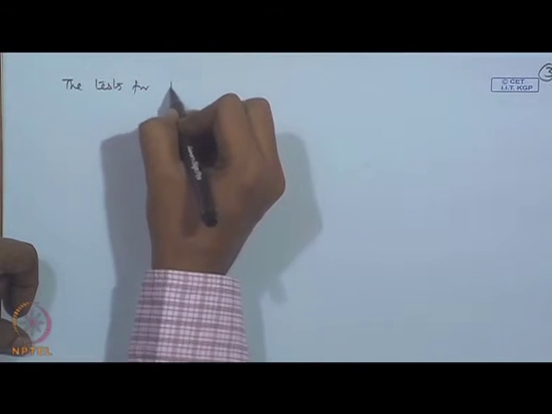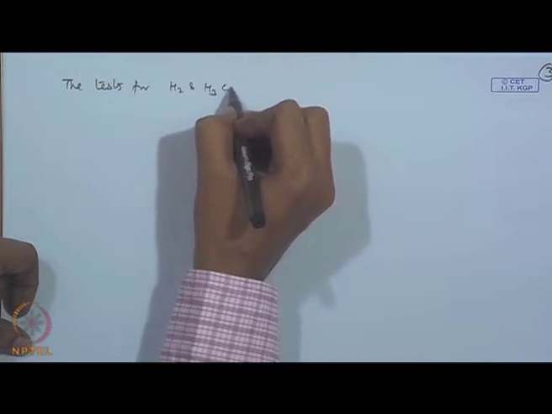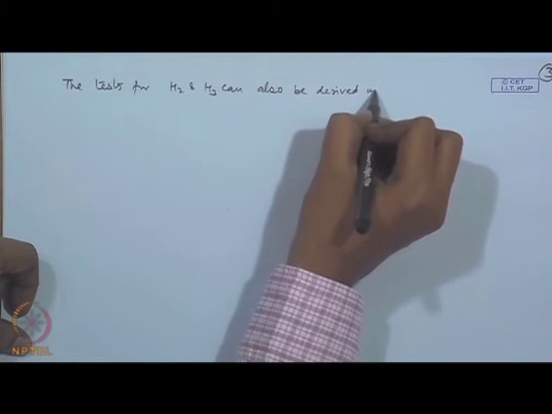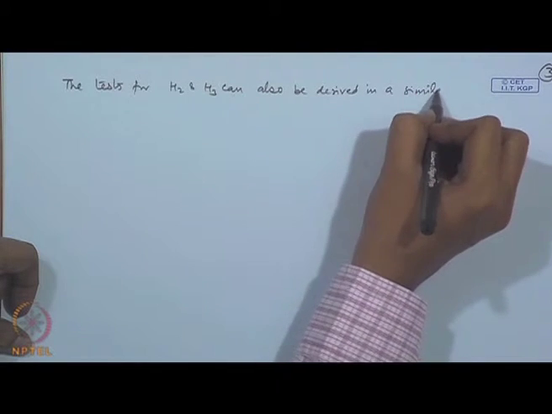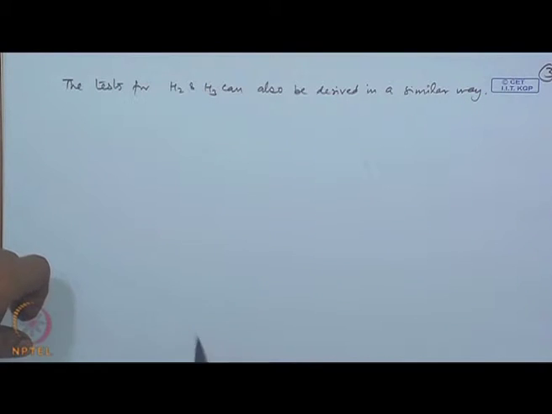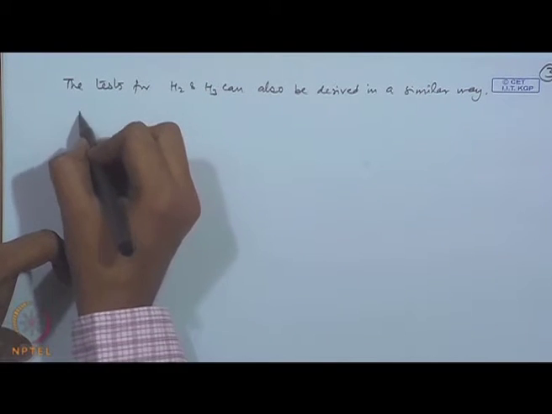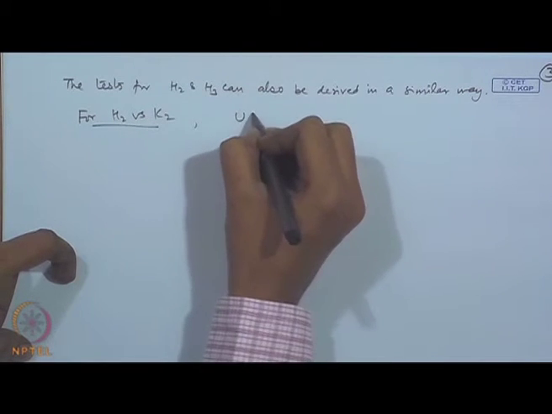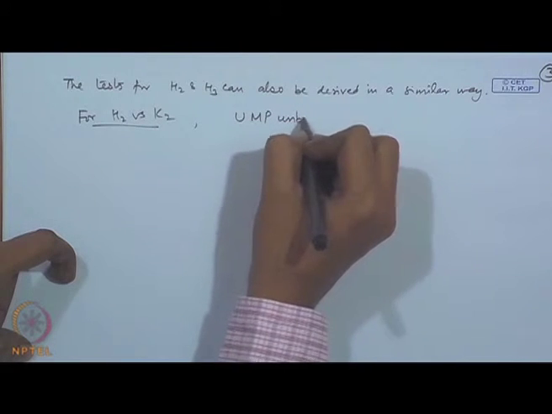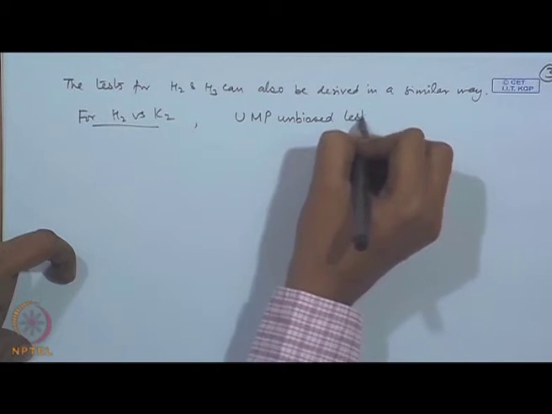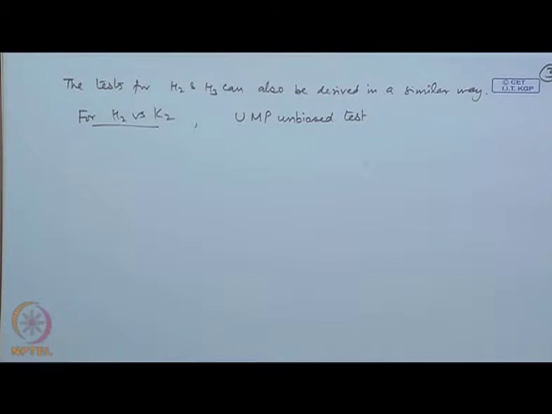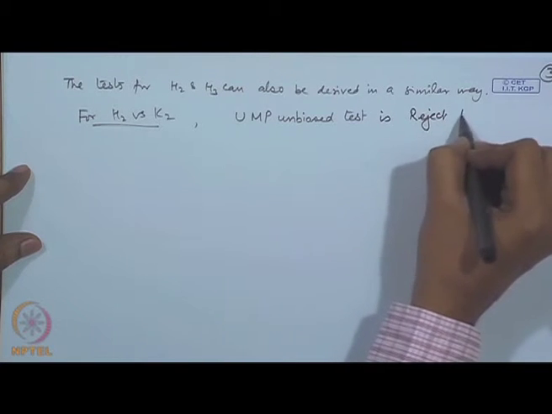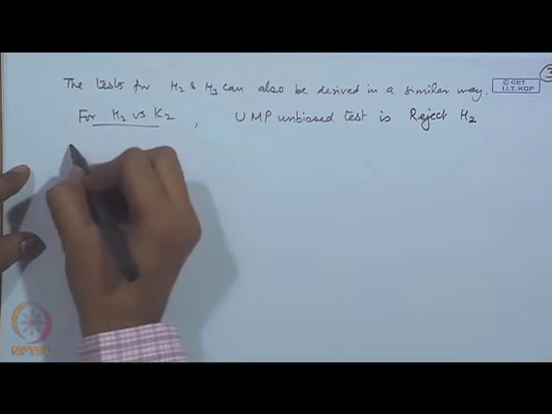The tests for H2 and H3 can also be derived in a similar way. Let me write for one of them. For the H2 versus K2 problem, the UMP unbiased test is: reject H2 if